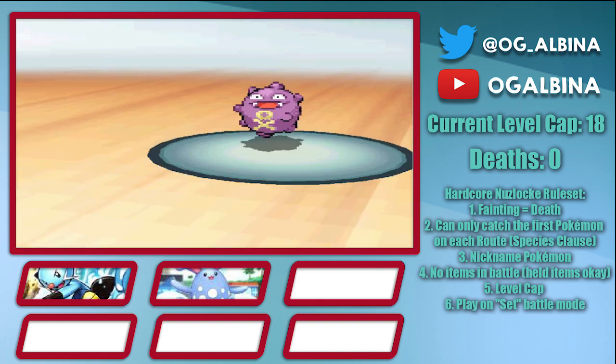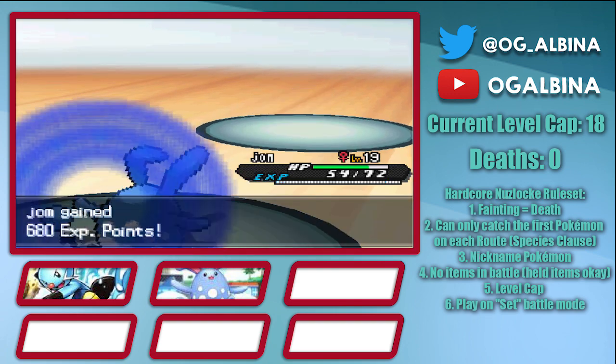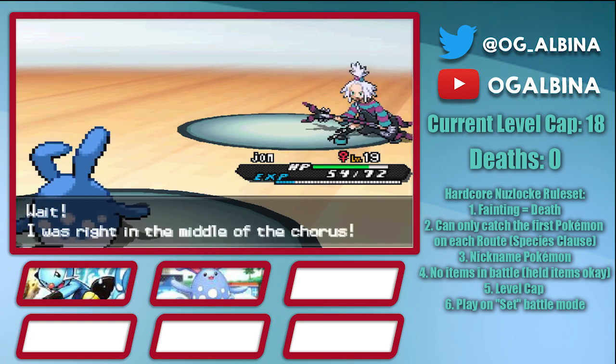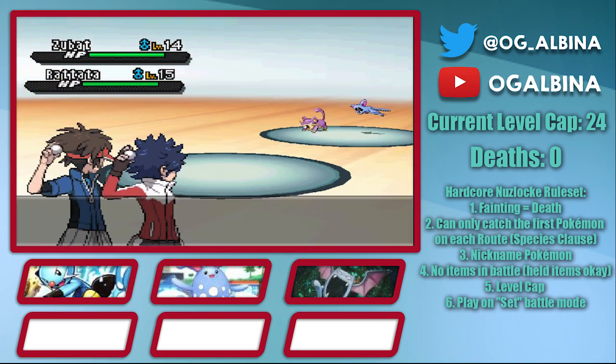I set up a Work Up and Oko the Coughing and Whirlipede at +1 with a Silk Scarf boosted Return en route to a ridiculously easy second gym badge. After being tortured at Pokestar Studios, we're able to make our way to Castelia City, where we can finally get